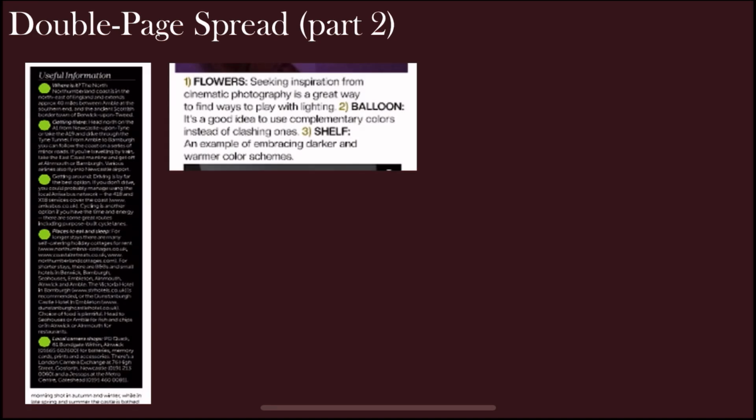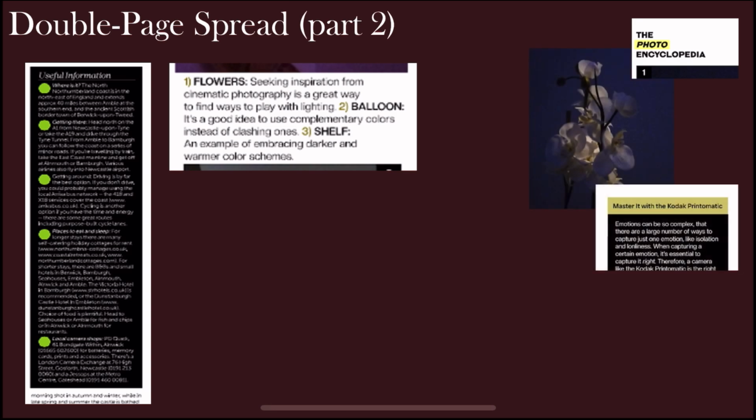I also added captions for the pictures, labeling them 1, 2, and 3. Each caption describes the relevance the photo has to the topic to provide a benefit to my readers, and each describes an element within their photo and how it relates to moody photography. With aesthetics, I followed up with the yellowish theme. Because the photo of the flower is on my cover, I decided to make a different photo of the flower the biggest photo on my spread.